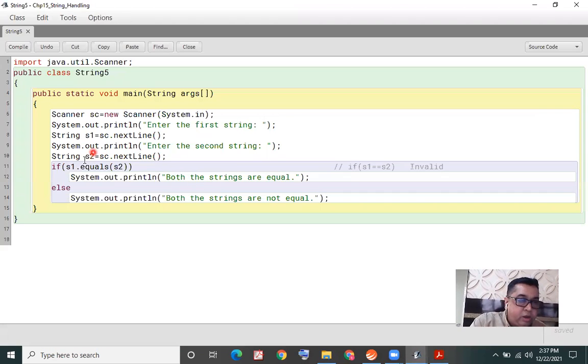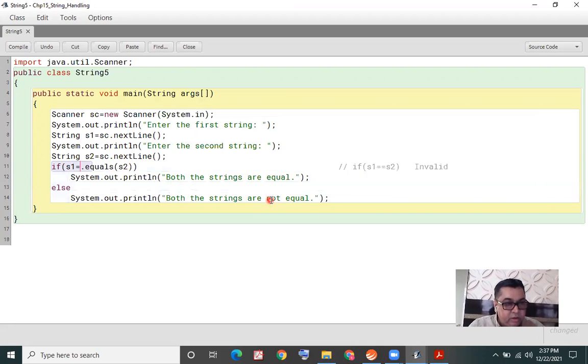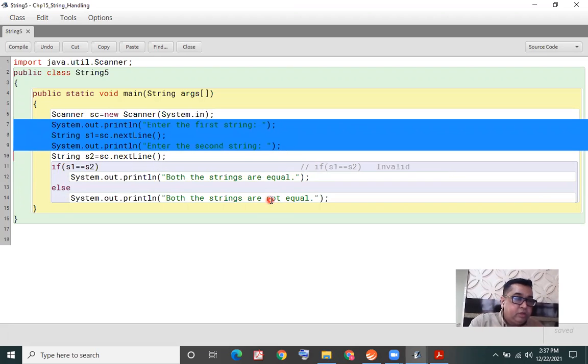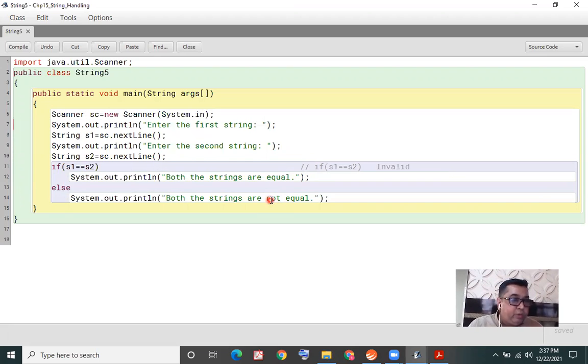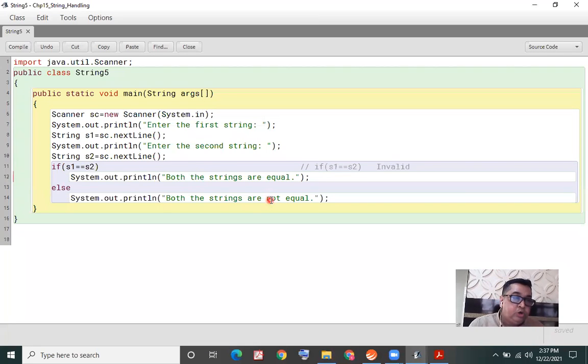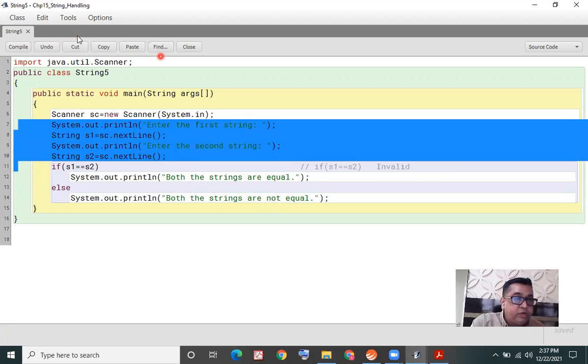If you have some doubts, once again please see, using the double equal to operator. One important thing is that I'm inputting the two strings. This is the point I wanted to make, it was important for me to input the two strings to show you that the double equal to is actually not working. I've used the double equal to operator again, and I'm reading the two strings from the keyboard.